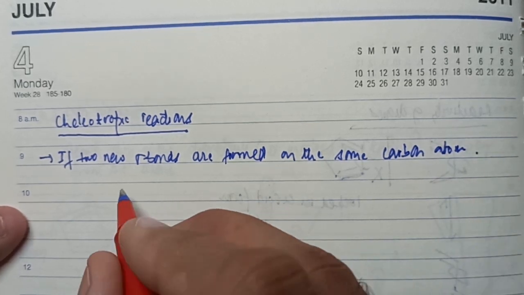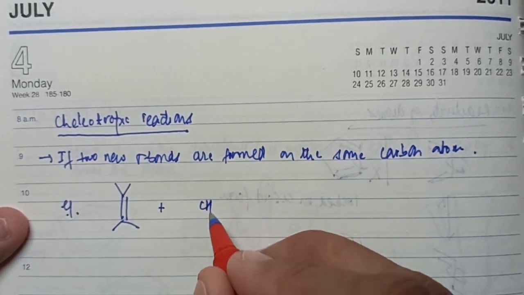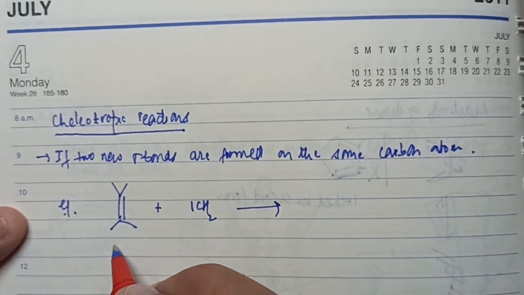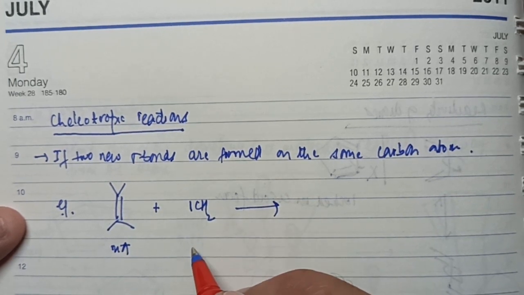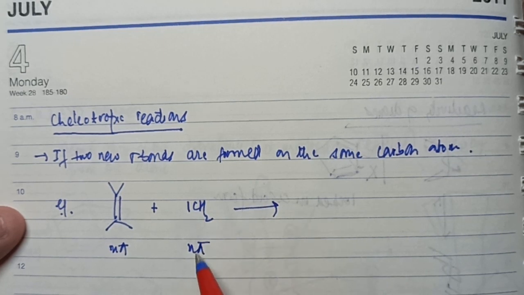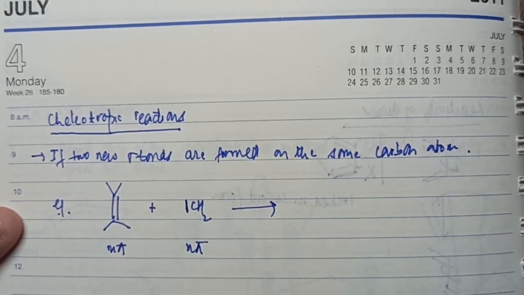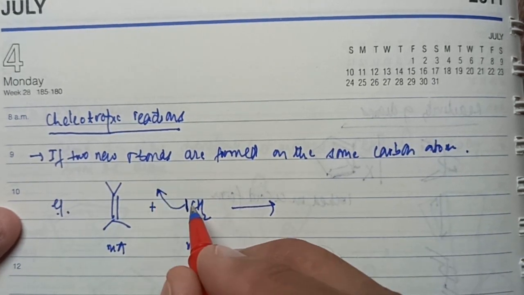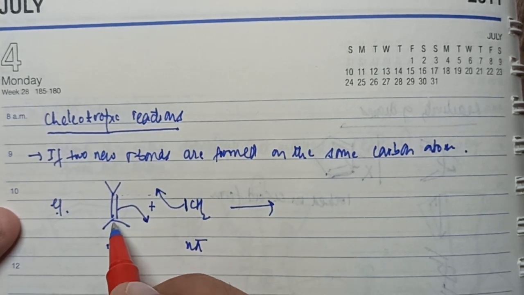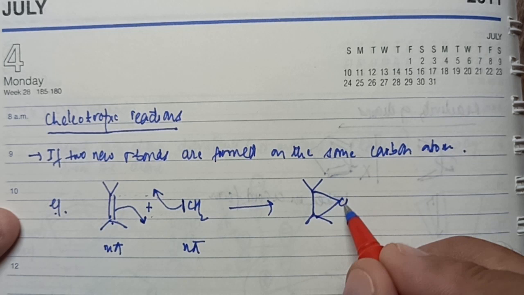For example, let's talk about a reaction of ethene with, let's say, carbene. Let's say this reaction is such that there are the pi electrons of ethene participating, and the n electrons of carbene. Now, by n electrons we mean not just pi electrons, we mean the 2 electrons of the lone pair. Here we talk about the 2 electrons of the pi bond. Now what happens, there's a bond formation between this carbon and this double bonded carbon atom, and a bond formation between this carbon atom and the carbene, resulting in the formation of a 3-membered ring.